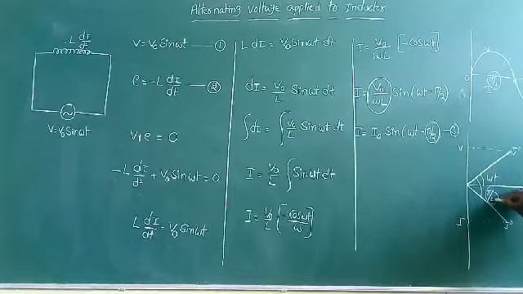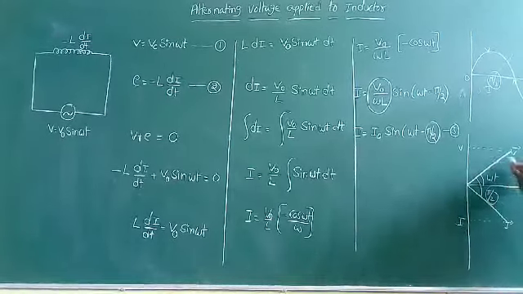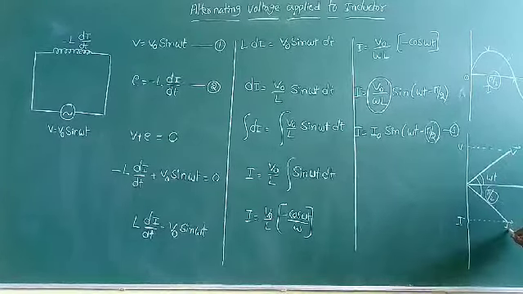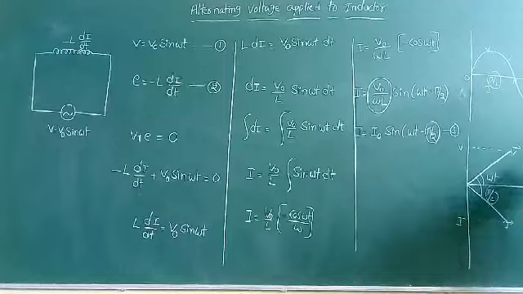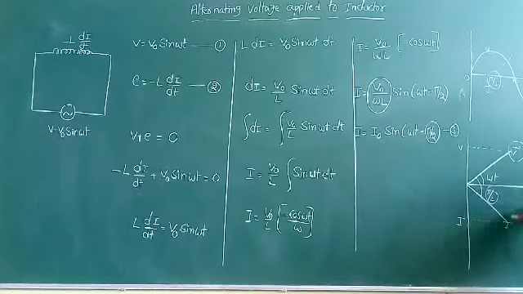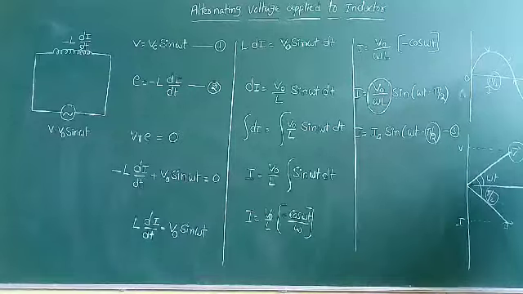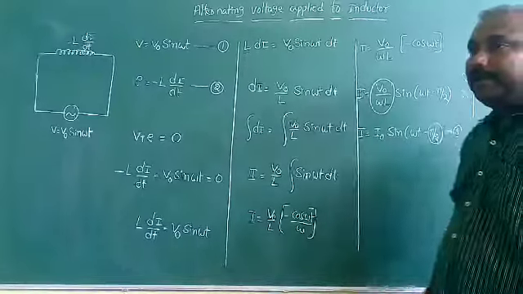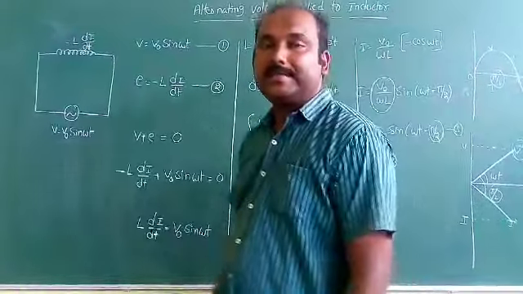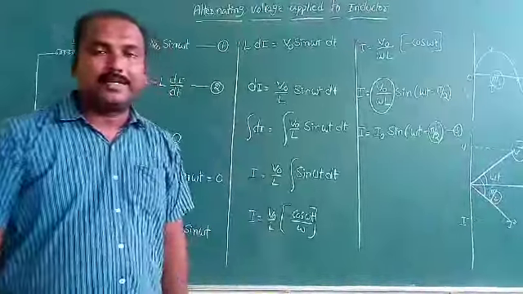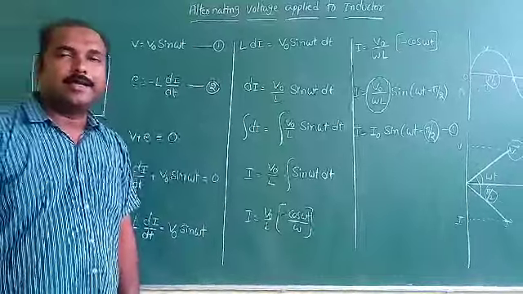But in the graph, the quantity which is in anti-clockwise direction, this voltage comes first and current comes later. So that is the reason here voltage leads the current, or current is lagging the voltage. By how much angle? The difference in phase is 90 degrees. So finally, from this it is concluded that voltage leads the current by 90 degrees, or current is lagging the voltage by 90 degrees.